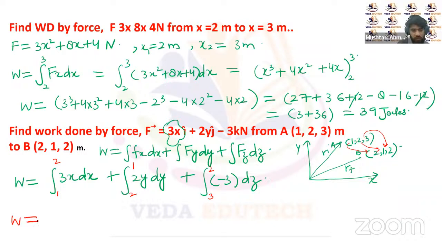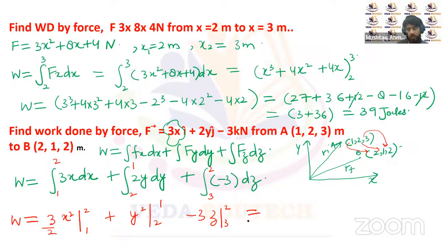So total work done will be 3x square upon 2 with the limits 1 to 2. Similarly here, y square upon 2 times 2 leaves y square only, with the limits 2 to 1. And we will have minus 3z with the limits 3 to 2. Substituting the upper limit and lower limit, we will be left with 3 upon 2,